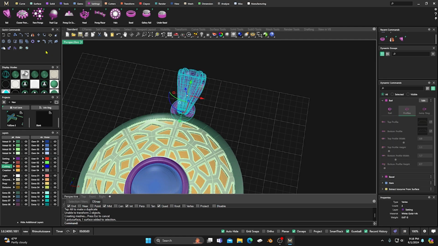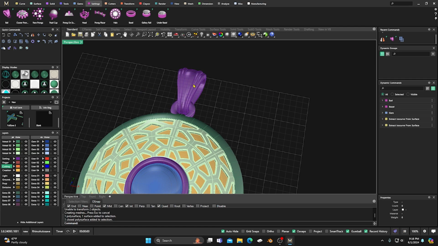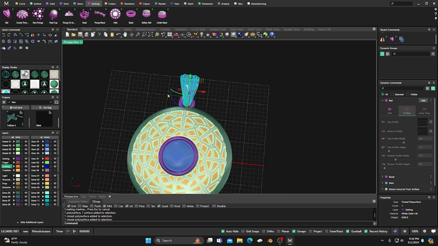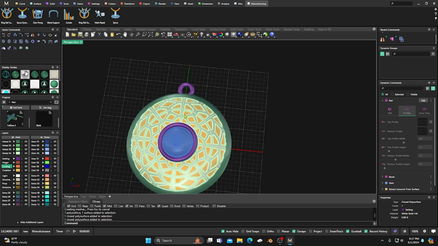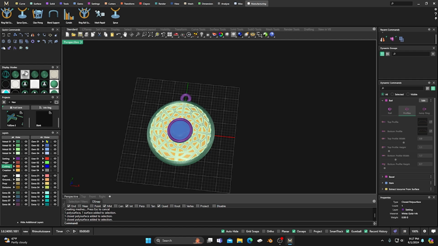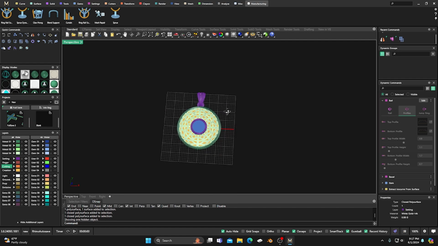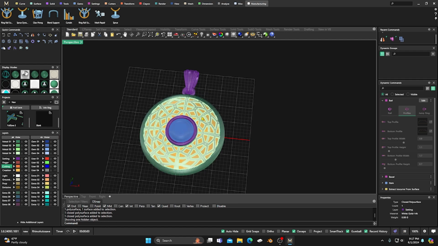Now here you probably want to ungroup this and then take this and just, well, for the rendering, but for printing, you'll want to hide it and just print this, right? If you want this separate, you'll have to drag it over and make a separate file for that and do all your manufacturing spruing on that as well, and then do the other one after you group this together, right? But we're just going to do a rendering here, so we'll just go ahead and show this. And what kind of render? Let's make this a